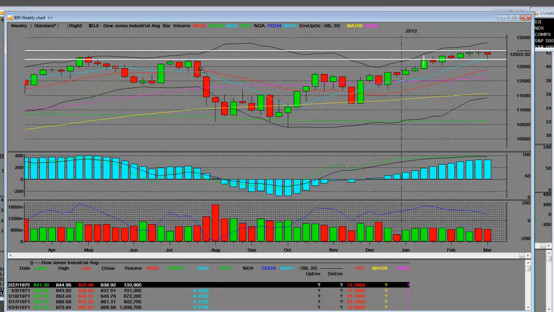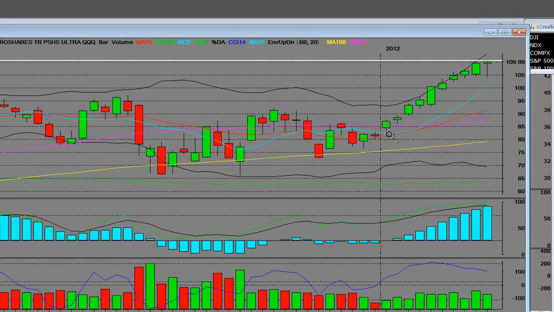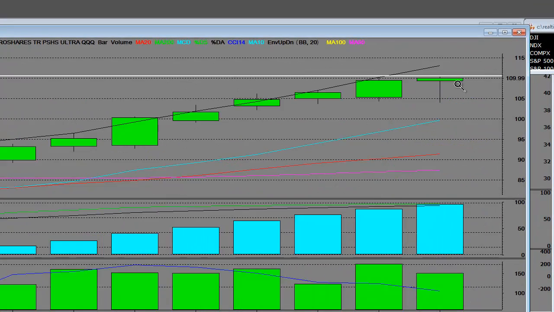Now, when you take a look at that and you take a look at the QLD again, they resemble each other, except this one here has not tested. You can see that it's good to wait, because people chase markets at highs. So when markets do get up at their calendar yearly high, whatever time period it may be, you're looking for this right here,